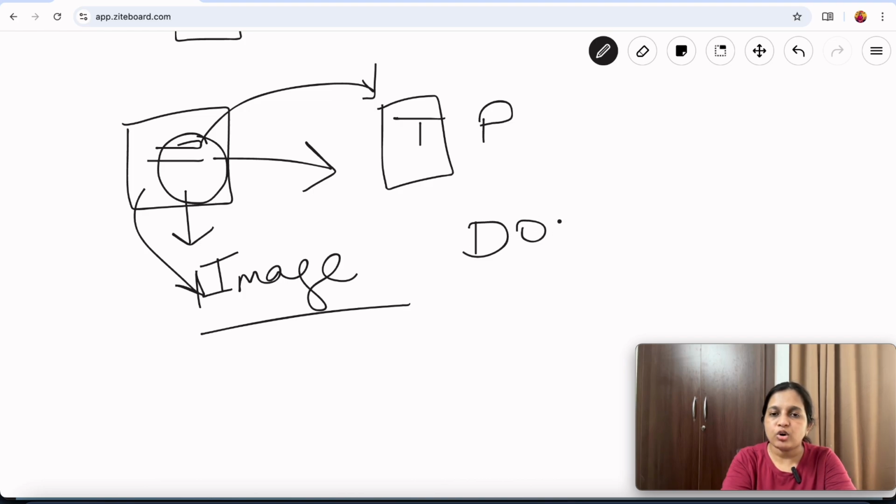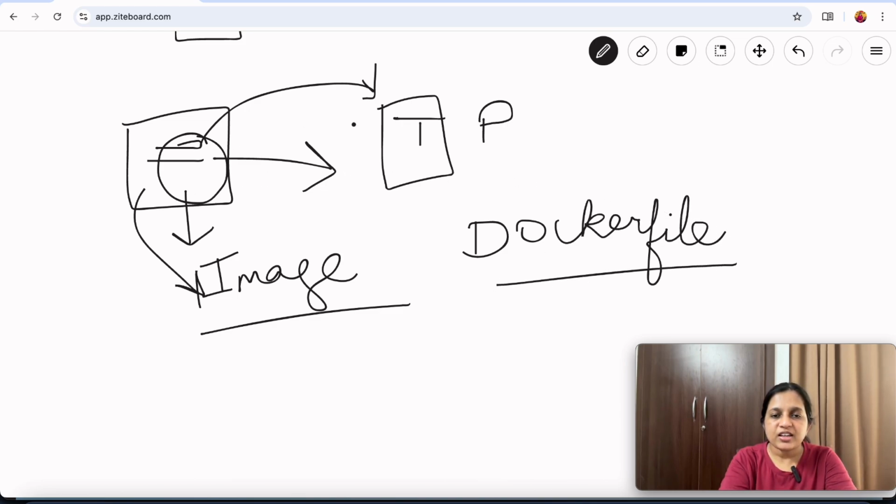You will create a Docker file in your application, and that Docker file will have all the configurations required to run the application perfectly on some other system. After creating a Docker image, the Docker image will run in a container, and you can easily share that image with anyone you want.